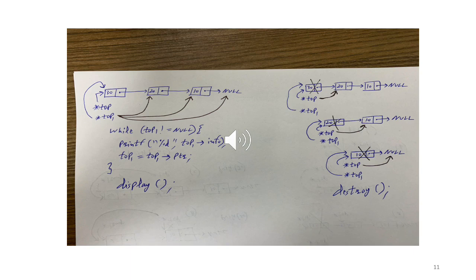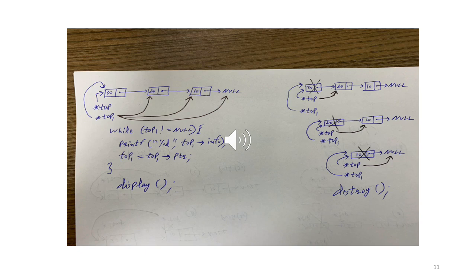So now top 1 also points to the first or the top node. Now again, while we are displaying, we can check whether the stack is empty or not. Because if the stack is empty, nothing to display. So the next line of code says, if top is null, printf stack is empty. Okay. If not, then we move ahead and we go to the while loop. So while top 1 is not equal to null, right?